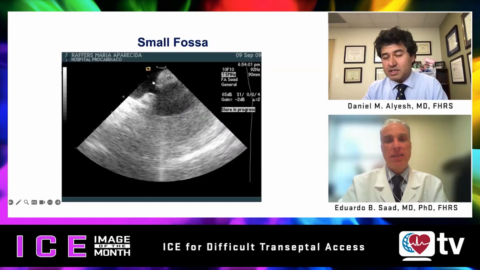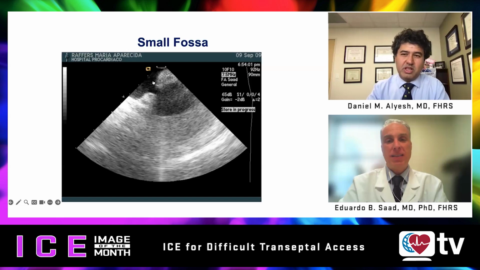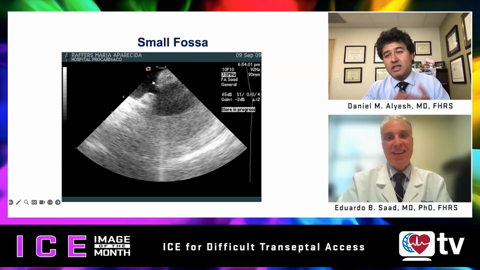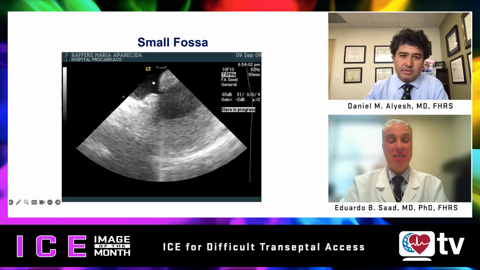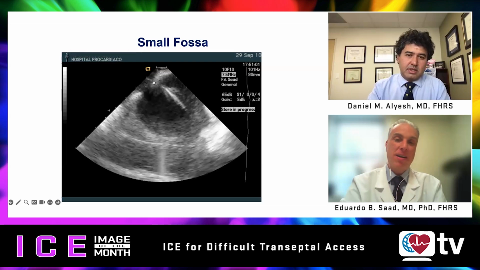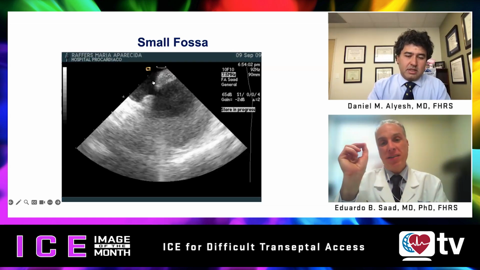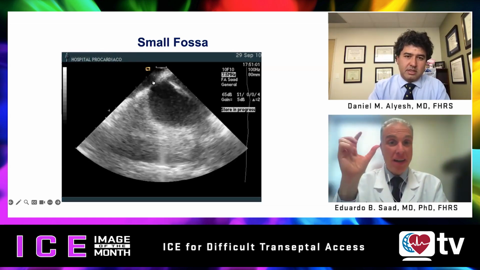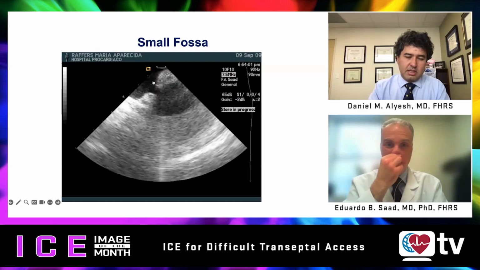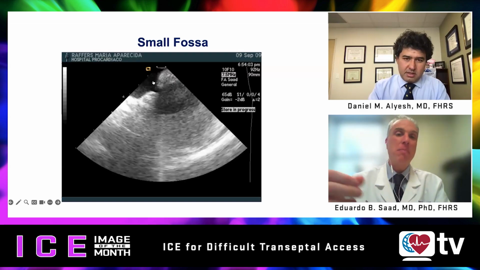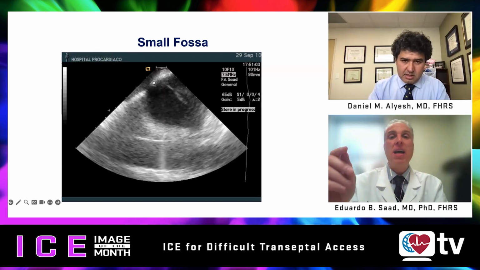So, a small fossa, really a small window. And one of the things we don't love to see. Talk us through identifying it and managing it. Yes, so those are really the hard ones. Thick septums, thick limbuses with small fossas are not uncommon, but those are the hardest ones because,